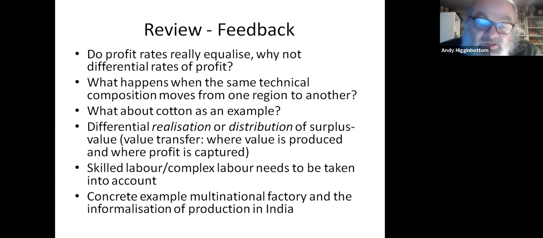And then in terms of concrete analysis, we had a lovely recount of a situation in India with production in a multinational corporation being effectively outsourced within India. That is exactly the type of concrete detail against which my rather general, schematic presentation needs testing, and indeed filling out. So that was a very nice contribution.